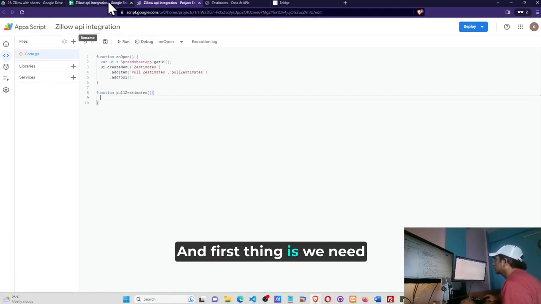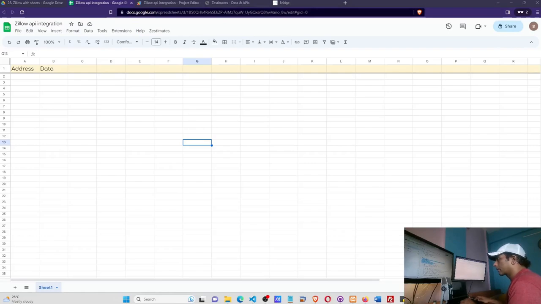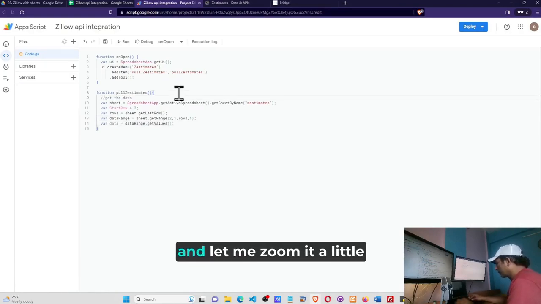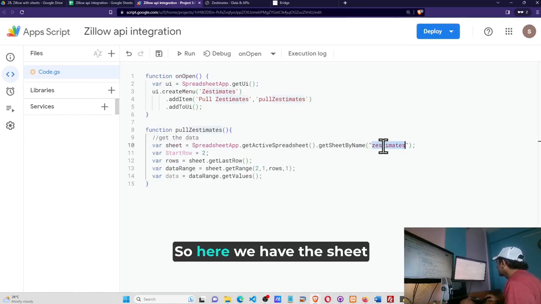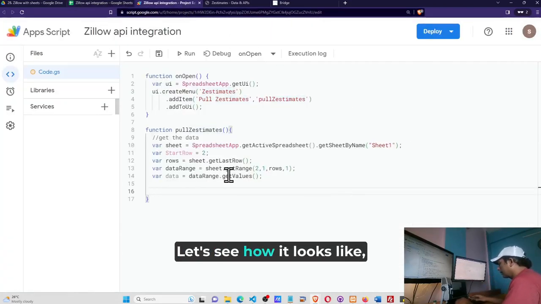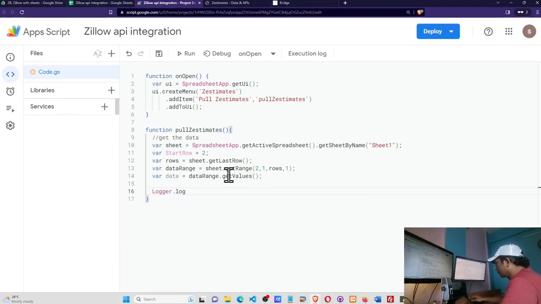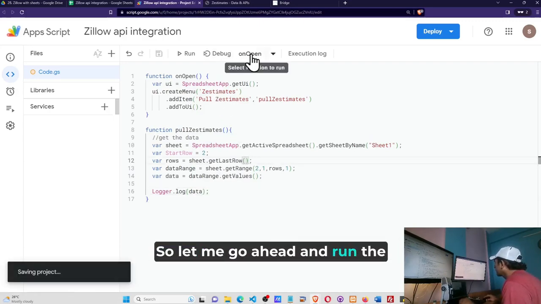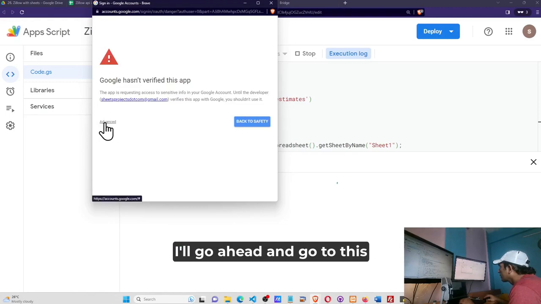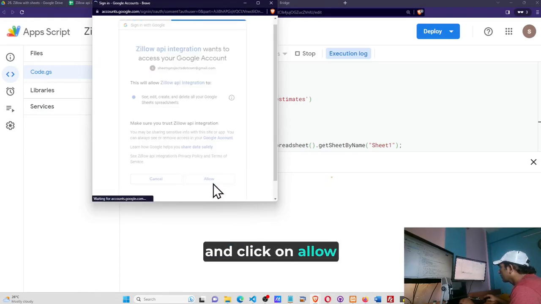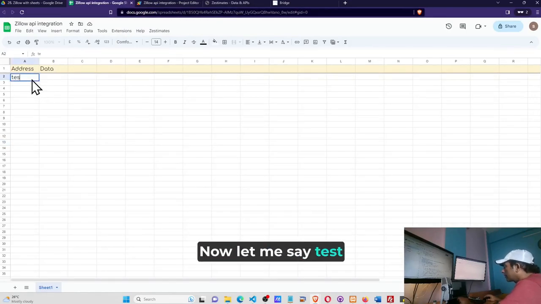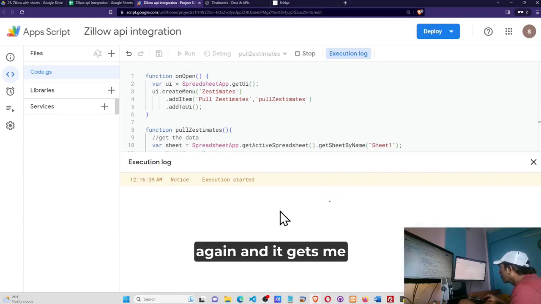and first thing is we need to take Sheet1. Let me get the data of the Google Sheet, and for getting the data I'm going to say get the data, and let me zoom in a little bit. So here we have the sheet name as Sheet1. Once we have the data, let's see how it looks. So let me go ahead and run the method pullEstimates here, and it will ask me for some permissions, so allow, and it doesn't get me any data because there isn't any data. Now let me type test, run the same method again, and it gets me